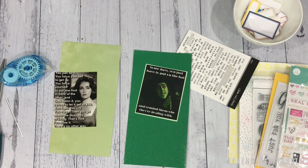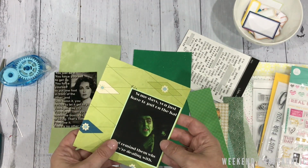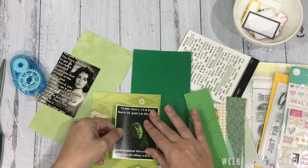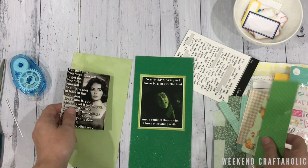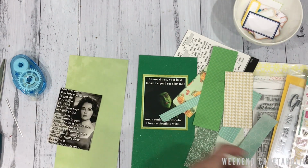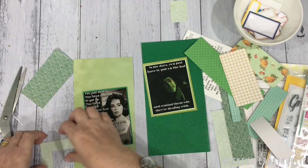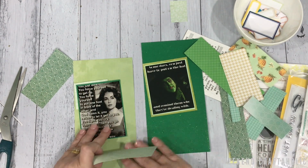Instead, I'm now just going to do some layering with some of the extra scrapbook sheets that I've got, and just put a couple of different layers of background behind the photos to mount them. I think this is a great way to use up the scraps, using the paper as mounts behind the photos just to give them that bit more of an edge to stand out. And you can see here that I'm just using some really small pieces as well, just to frame various corners